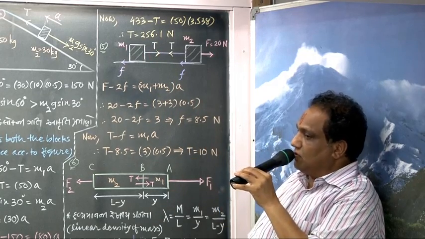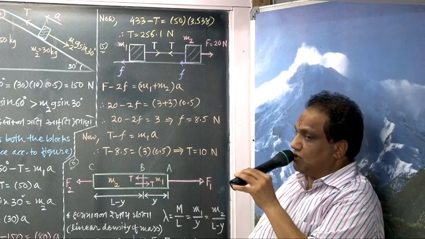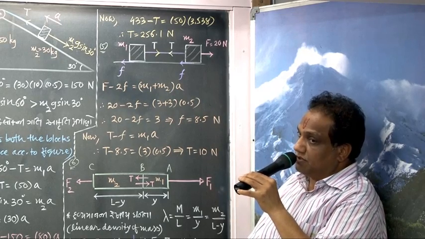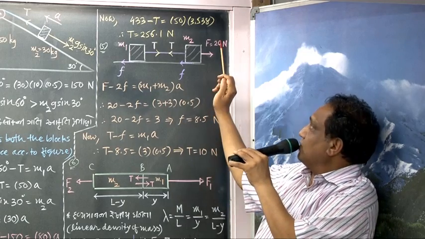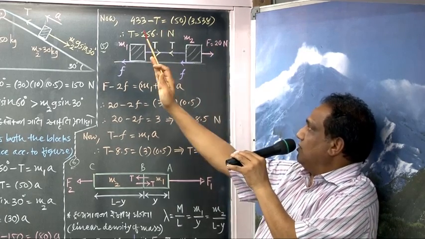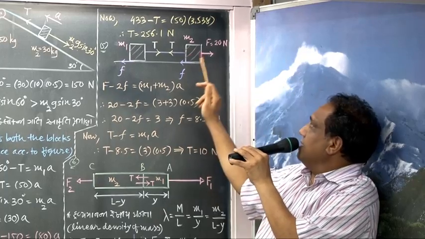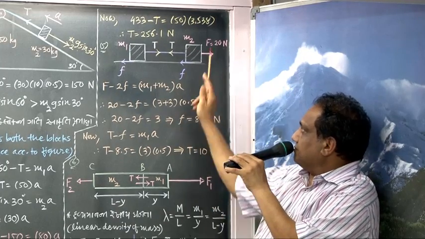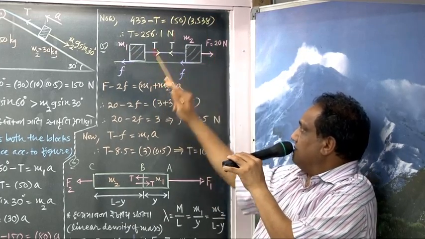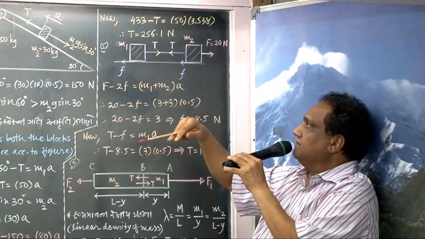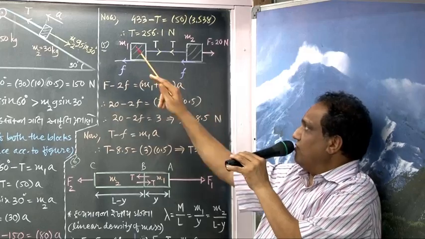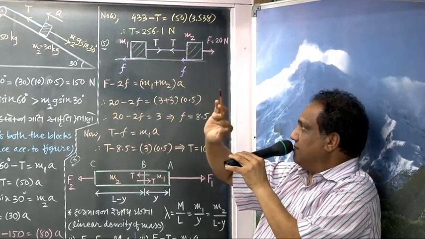Then can't you write the equation of motion? Bigger minus smaller should be mass into acceleration. Bigger force must be this, then only the whole system is moving towards the right hand side. Bigger force is this. For the entire system, the frictional force exerted at the contact surface, they have given just to take same for both the blocks. They have said in the statement.